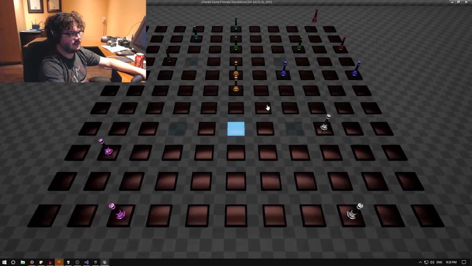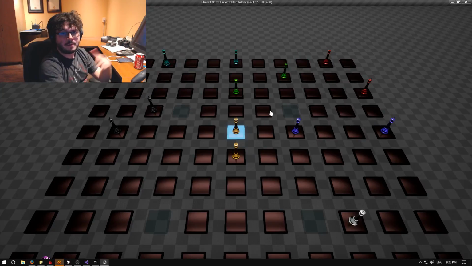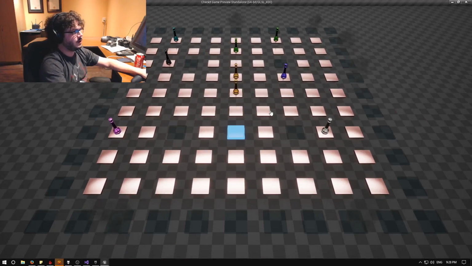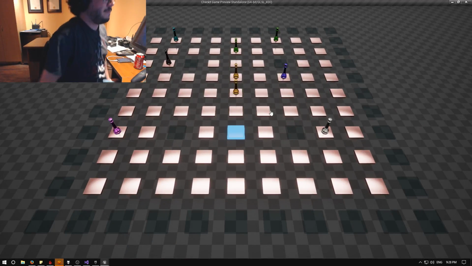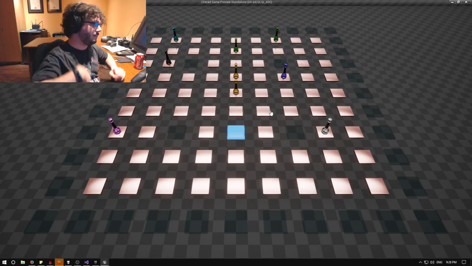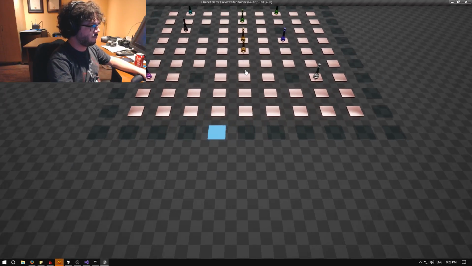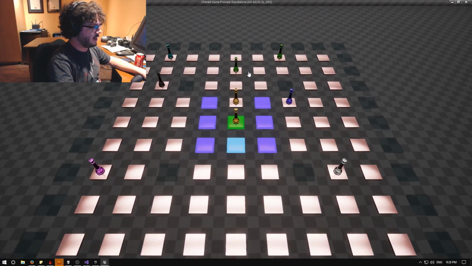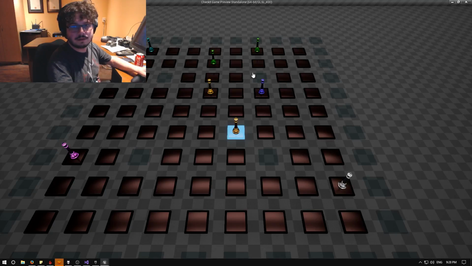So I have 2 kings, each spawn has 2 kings. I can assign as many spawns to whatever team as I want. It could be 4 on 4, 3 on 5, or whatever. And there we go. I guess I was off by 1 move. Anyway, so now that row has been destroyed. We just gotta keep going until